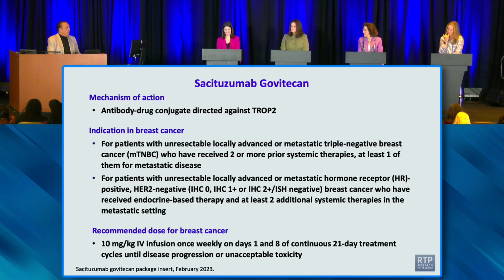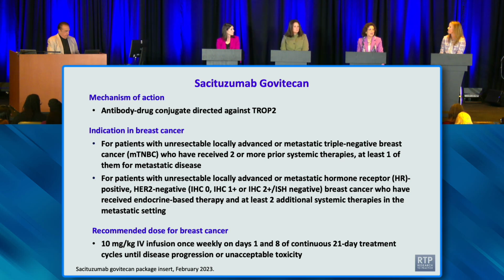So, Hope, can you talk a little bit about what Sacituzumab Govitecan, as commonly called SG, is, and what we know in terms of its benefits and risks? So this was a first-in-class TROP2 ADC that has as its payload the active metabolite of irinotecan, and that was very cool, called SN38. Irinotecan is metabolized to be active, and that's created a lot of interest in the pharmacogenomics of each individual patient in being able to metabolize the drug to detoxify it more than creating SN38. But this is a very clever idea.